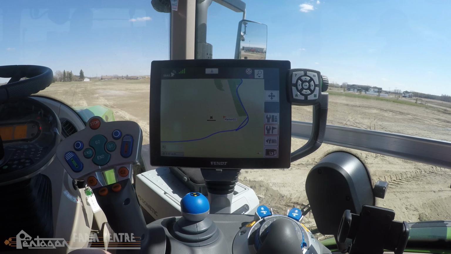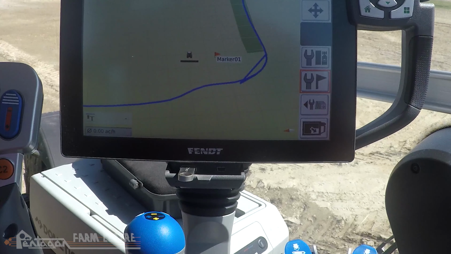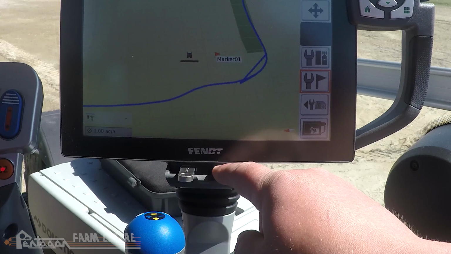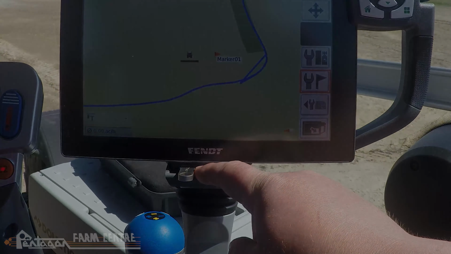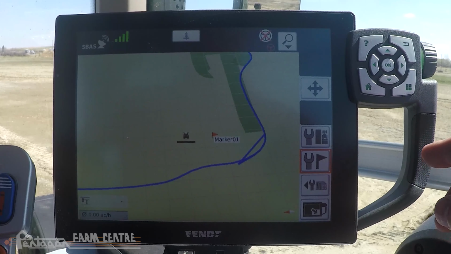First step is to install a USB into the Vario terminal. When you're inserting the USB into the Vario terminal right here, be careful not to release this cover under its own spring, as the spring is fairly powerful, and when it hits the USB it can damage the port here in the terminal. So first of all, our terminal here is not at our main menu, so we have to